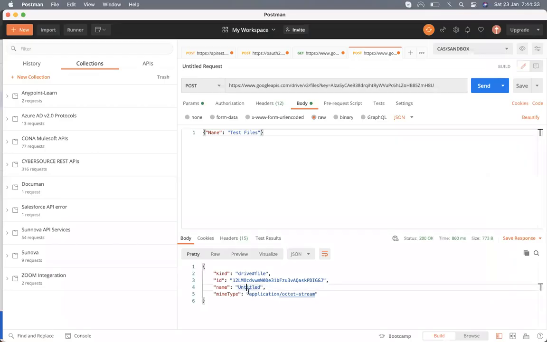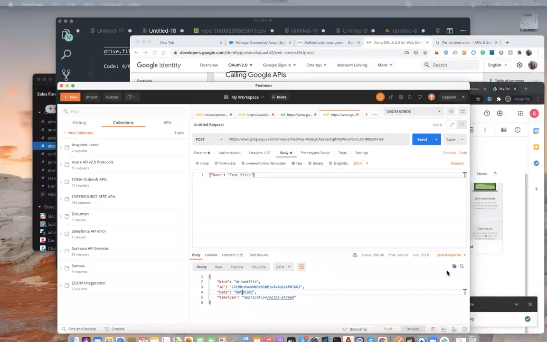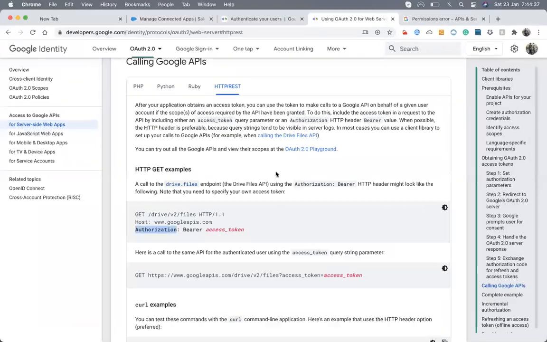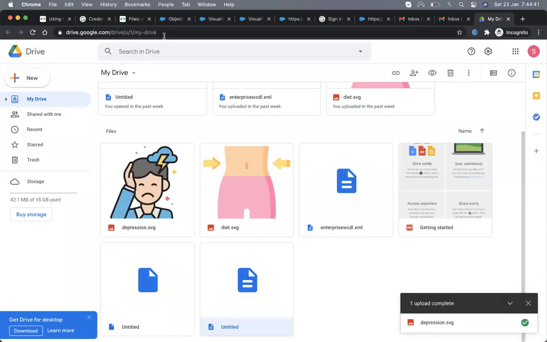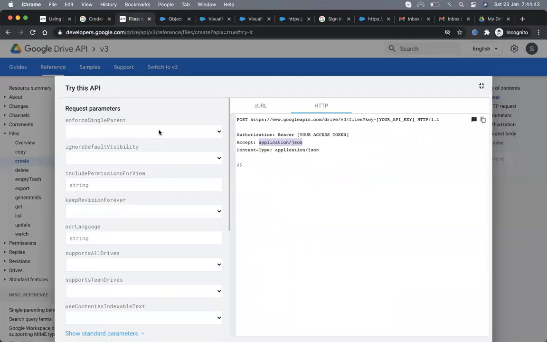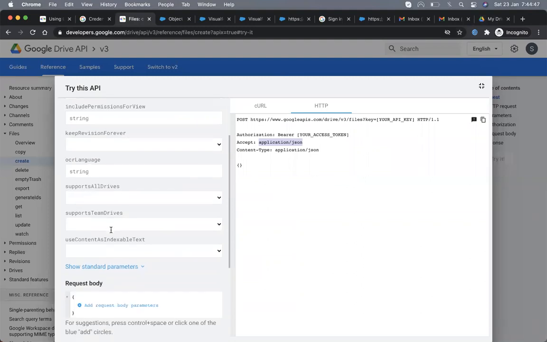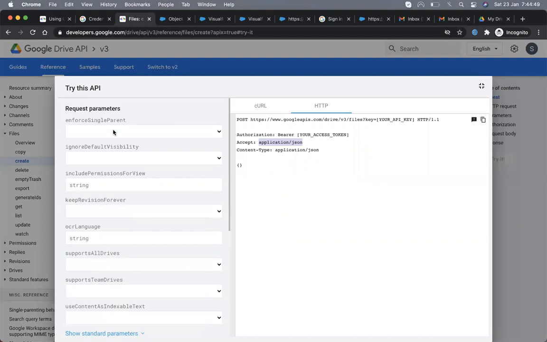Now there must be some parameter to change the name of that file. I need to take a look at that because it's creating it as untitled. Info single parent.